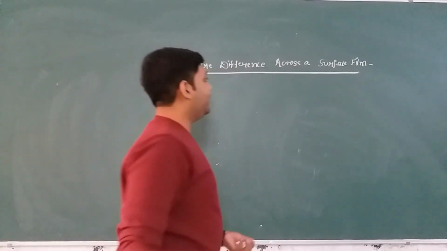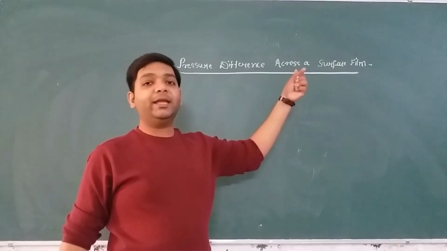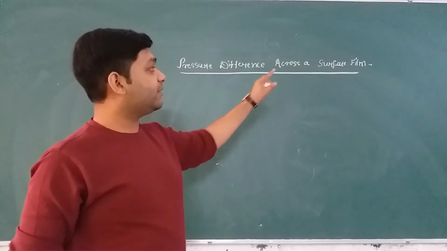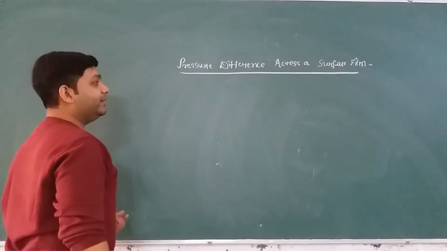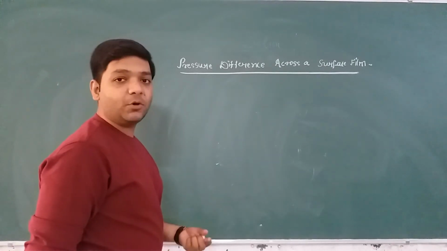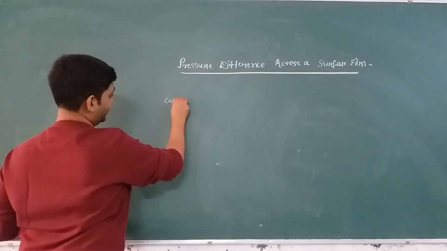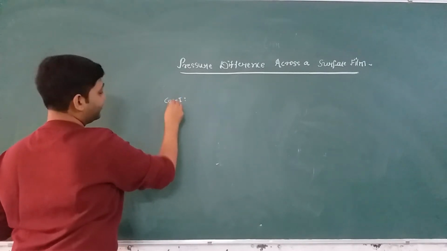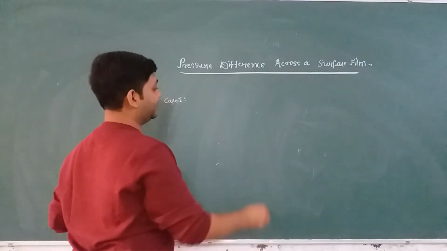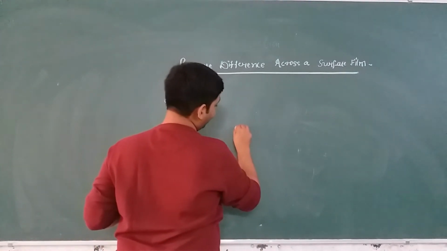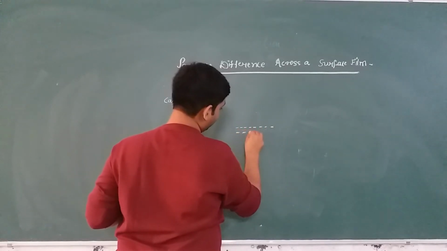So as the name indicates, if you consider the surface of a liquid, then on the two sides of the surface film there is a difference of pressure. Okay? There are three cases in it, so I am discussing all the three cases one by one. So our case 1 is, okay, this is our case 1, when the surface of the liquid is flat or horizontal. So see, if in case the liquid surface is horizontal like this,